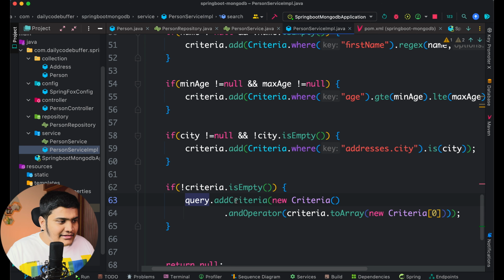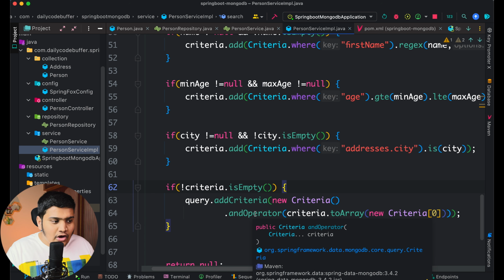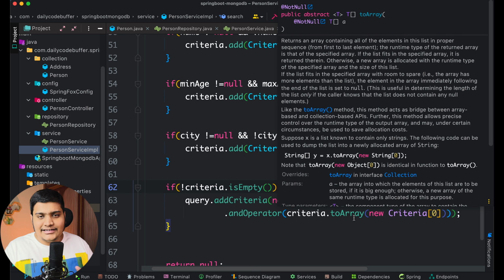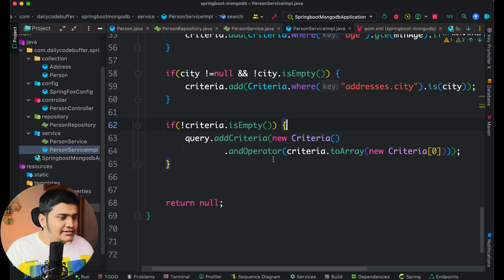Within this addCriteria there is a new Criteria and operator, and this and operator takes the variable argument as an array. So we are converting our list of criteria to the array of criteria. That's it, very simple. Nothing complex here. It's converting from the list to array. Now once this is done, we are going to use the MongoTemplate to fetch the data